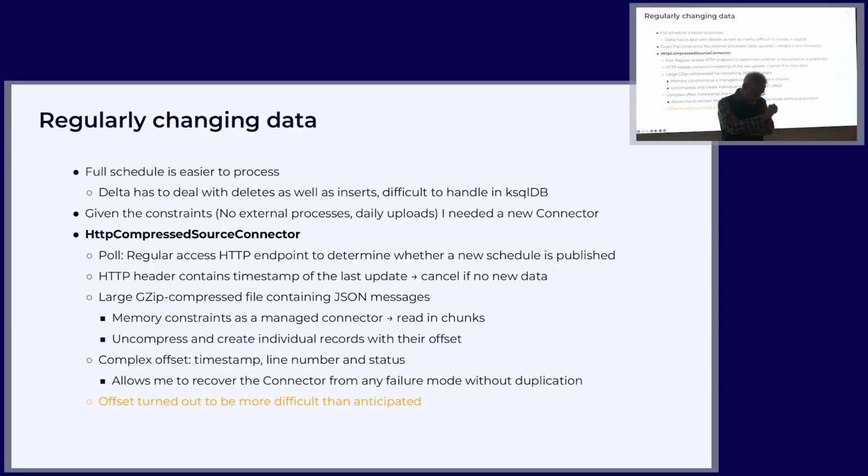How about the irregular changing data? Well, they live, as it then turns out, on an S3 bucket somewhere in AWS. There's a nice web interface in front of it to pull it out. That web interface has been reasonably well built in the form that if you read the header of the web interface, it will tell you there is this file in here with the following name and the following timestamp. That's the last time it changed. They change once a day. So I can use this information to determine whether I have to load up the new schedule.